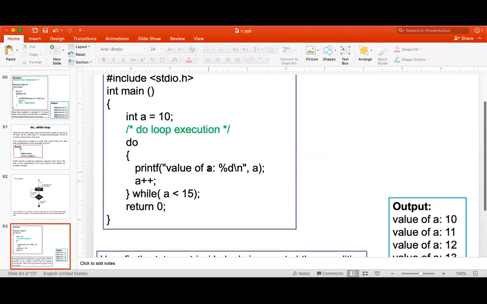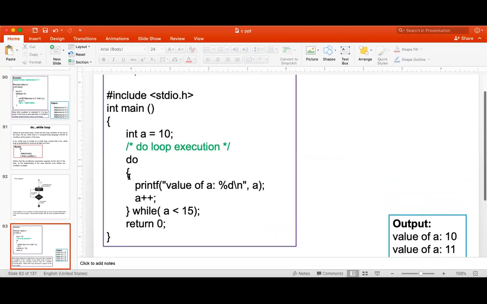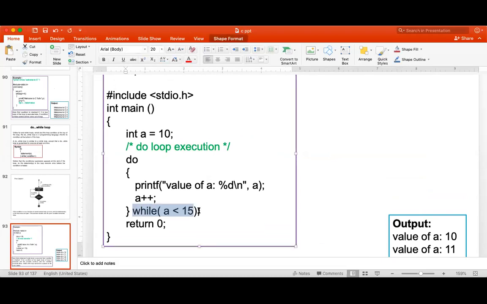Okay, so the program for writing the do while is very easy. Just the while should be at the last. But a very important point I forgot to mention here: in the syntax of do while, after the while there should be a semicolon. The semicolon is very important here. If you do not put a semicolon here, then there is a syntax error.